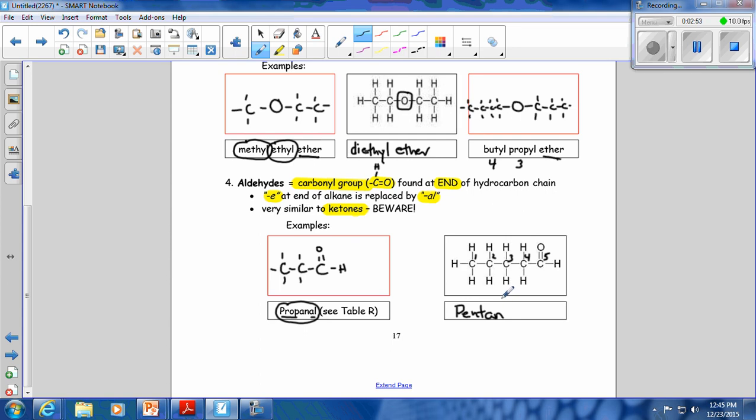Now, because we're dealing with an aldehyde, and here's the location of the aldehyde right here at the very end of this organic chain, we're going to put an AL at the end. Pentanal, right, representing the 5 different carbons. You never ever want to put a 1 or 5 based on the location of where the carbonyl group is, because we know when dealing with aldehydes, the carbonyl group is always going to be at the end. So it's not necessary to name